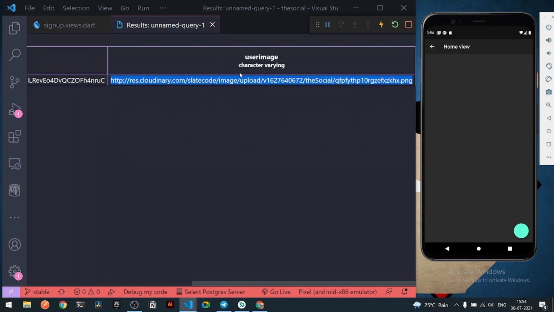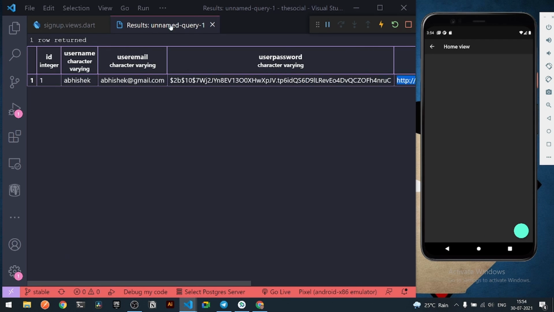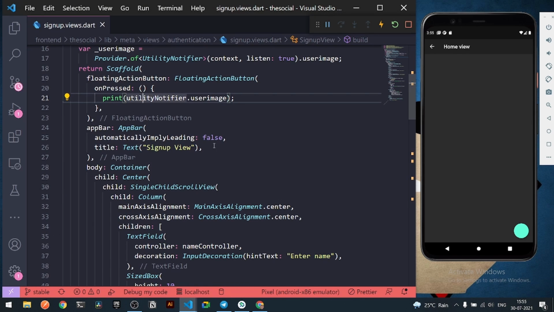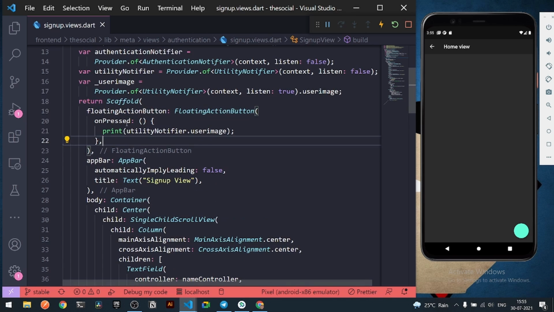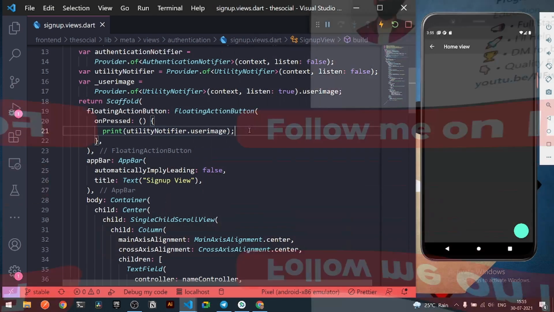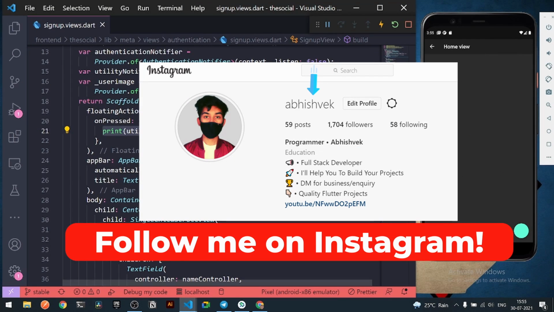So in this way you can save the user image under a database with the help of this logic that I have shown you, and the following user image shall be shown to the user again and again in case the particular user logs in under the application. Right, so this was a small tutorial in which we saved the particular user image under a database. In the next tutorial we will be building up the user profile, where the user will be able to check his profile, his user image, also update his user image, and etc.